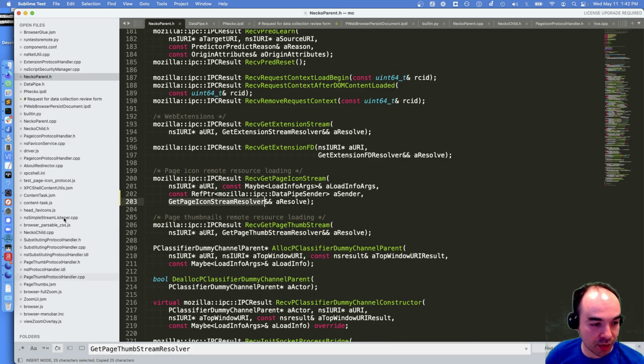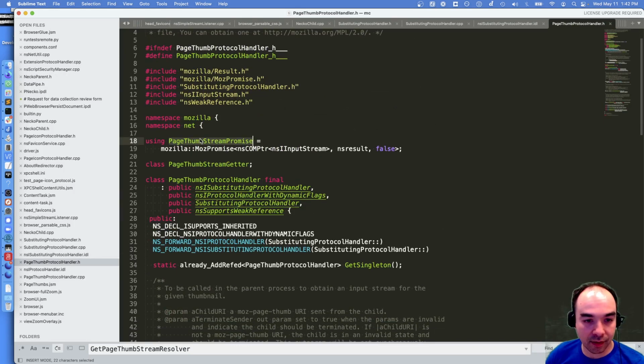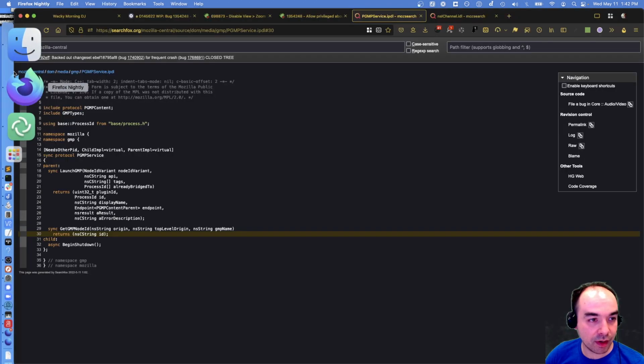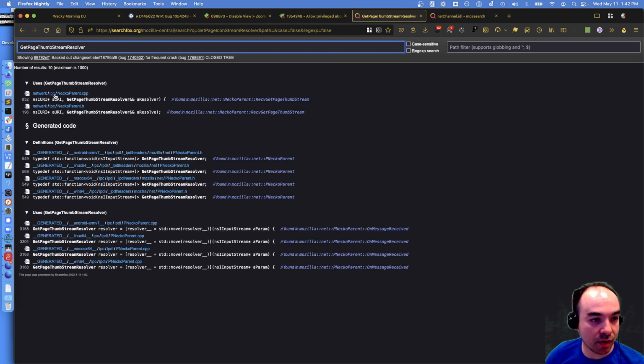The page thumb stream resolver is something that the page thumb protocol handler uses. I'm using the page thumb protocol handler really as a template. Is the get page icon stream resolver something that just gets generated? Yeah, it does just get generated.